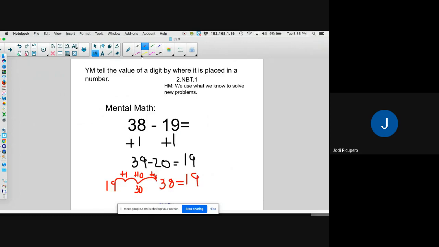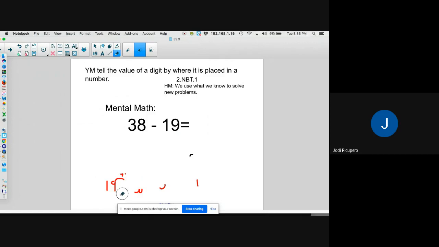19. Another strategy a lot of you like is using the break apart rule. And there are a few ways to do it. So in the break apart rule, I could do 10, and then I have 8 plus 1. I know I'm going to have the number 8 because I'm going to need that to get rid of the 8 there. So watch. I have 38,